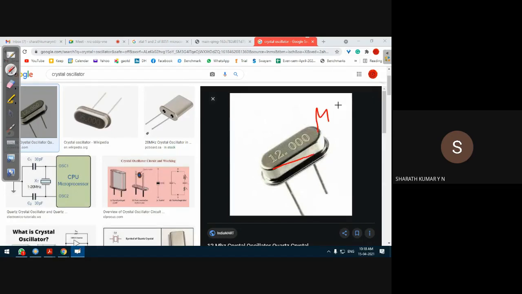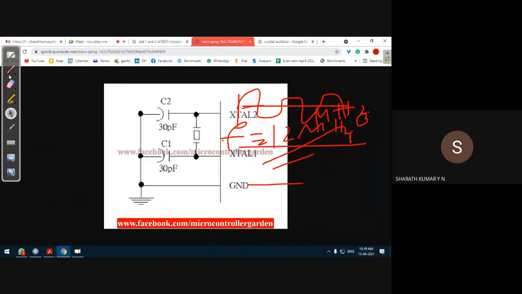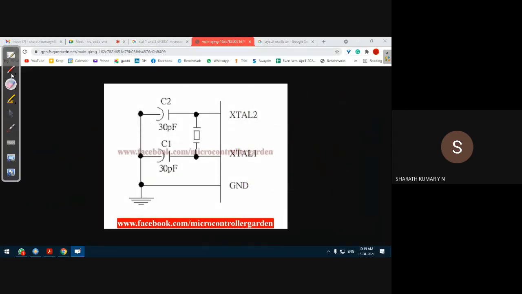It is megahertz. That means it can generate sinusoidal oscillations at a frequency of 12 megahertz. So the frequency is 12 megahertz. These sinusoidal signals are generated by the crystal oscillator, something like this. So we should go back to this diagram. This is the crystal oscillator here, and it is generating the sinusoidal waveforms.